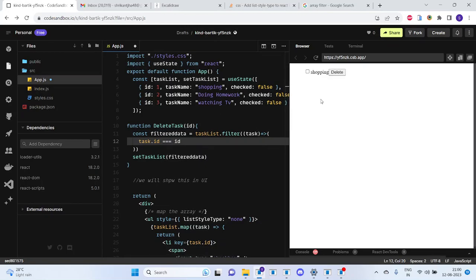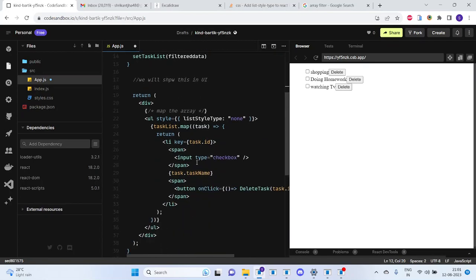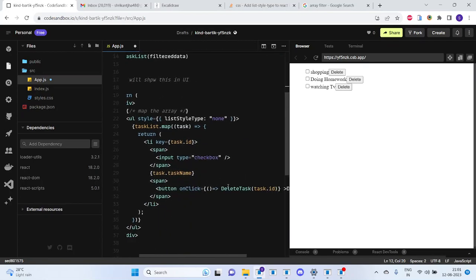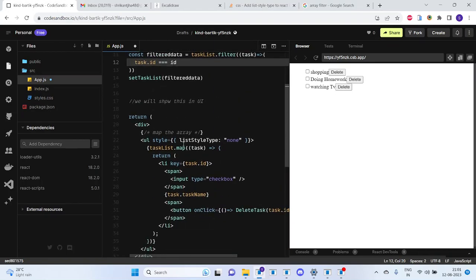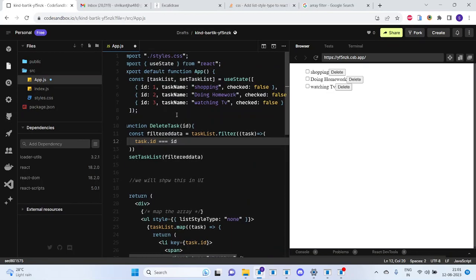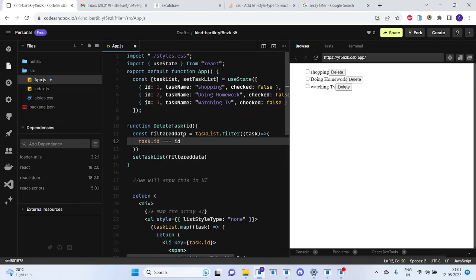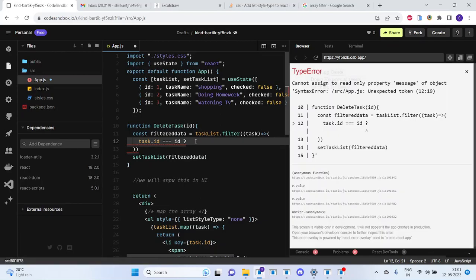Okay, if I click on delete, sorry, there are some unexpected things. I will check what the issue is. I have passed task.id from here. Whenever someone clicks on that particular id, it will filter the data, task list dot filter, for every task, task.id equal to id. Then what we have to do is